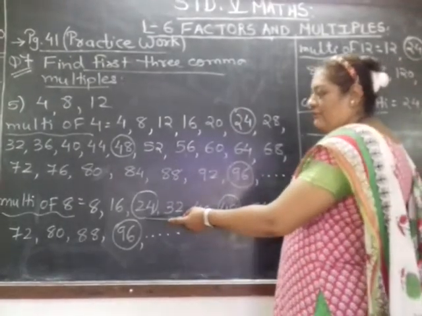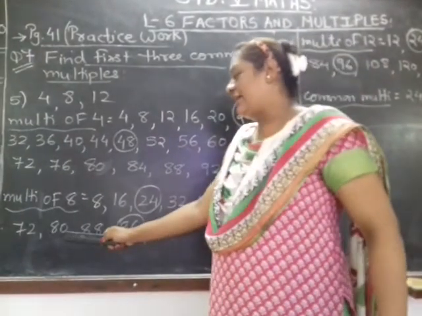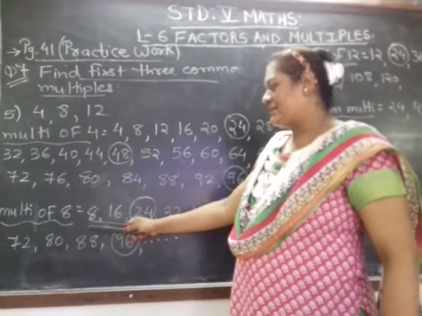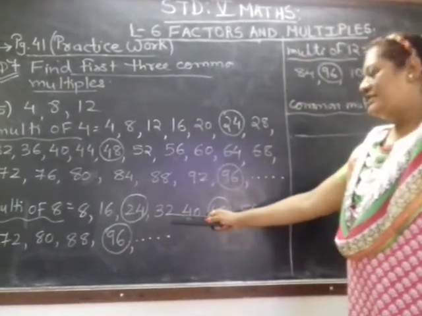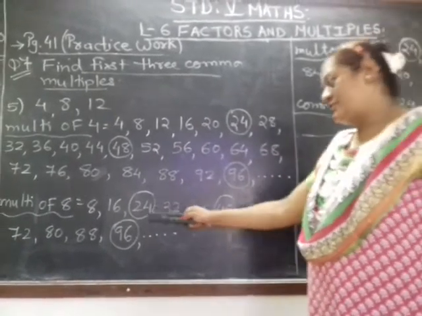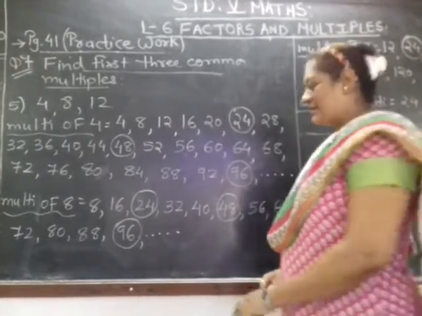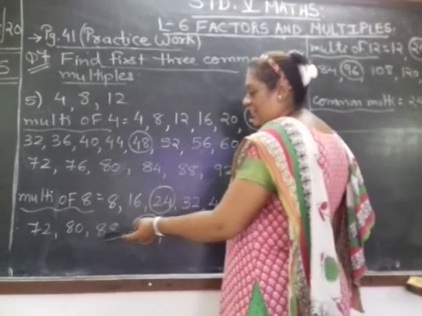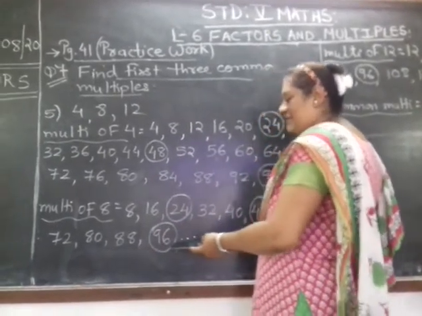Now here table of 8, that is multiples of 8. Here also till 80 I am not getting the third multiple. So again I have to extend my table. Till 80 it is clear. 8 1s are 8, 8 2s are 16, 8 3s are 24, 8 4s are 32, 8 5s are 40, 8 6s are 48. 2 common multiples I am getting, but I am not getting the third one. Right? I said second, but it is not second, it is third. So after 80 I have to extend. So 11 8s are 88, 12 8s are 96.